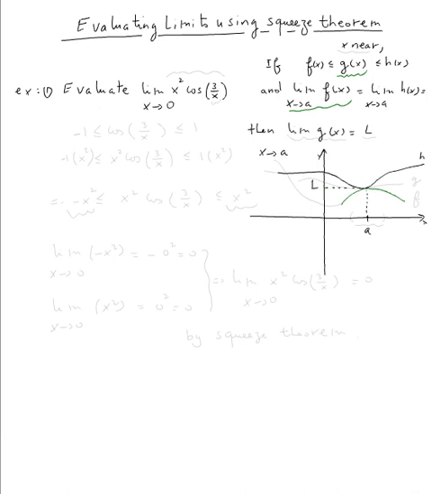We don't care what's going on, like for example here, the function could go this way. So it doesn't have to be below all the time, but it has to be the